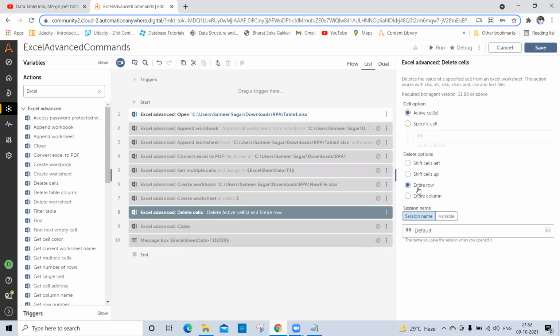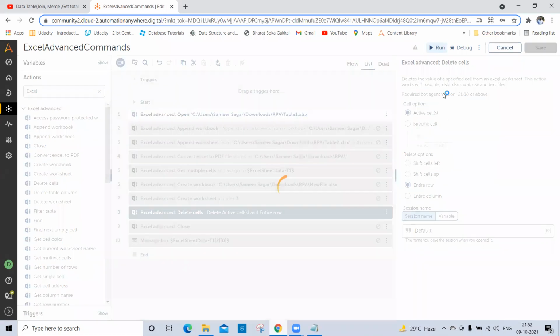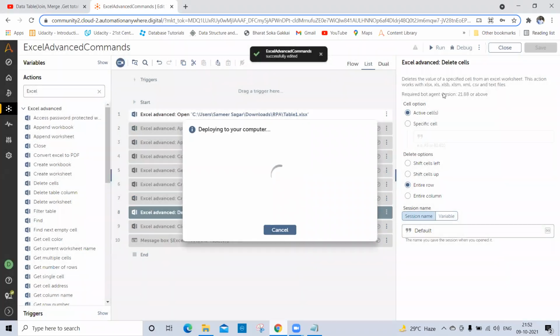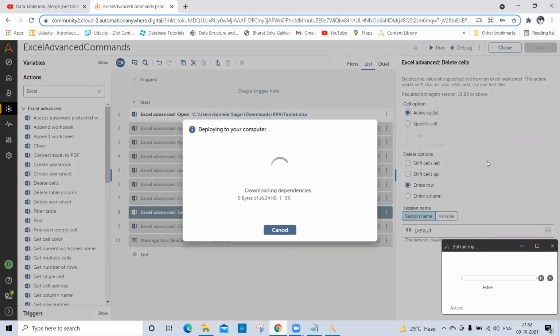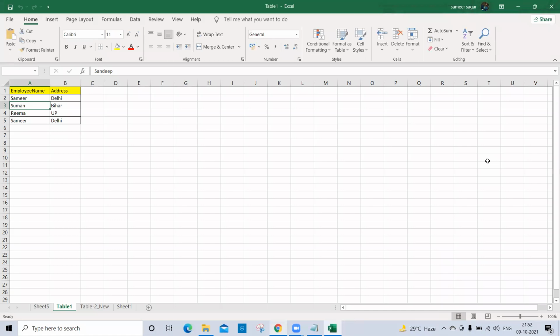It will delete the entire row. Yeah, it deleted. That time also it was deleted, but we haven't checked what was the name at that particular cell. So that's why. Okay, so it is working.